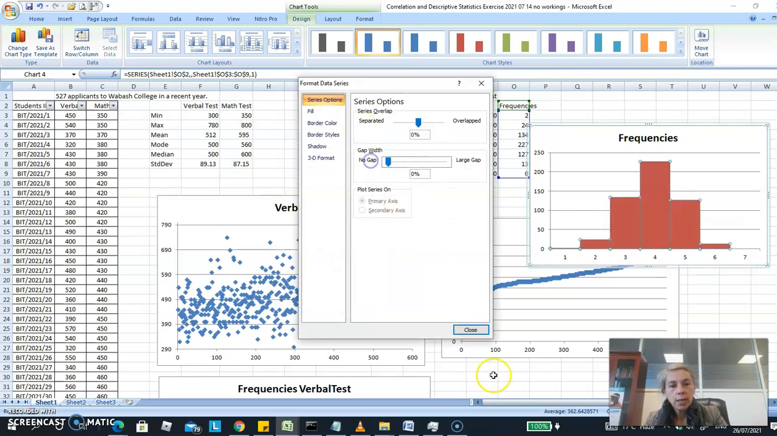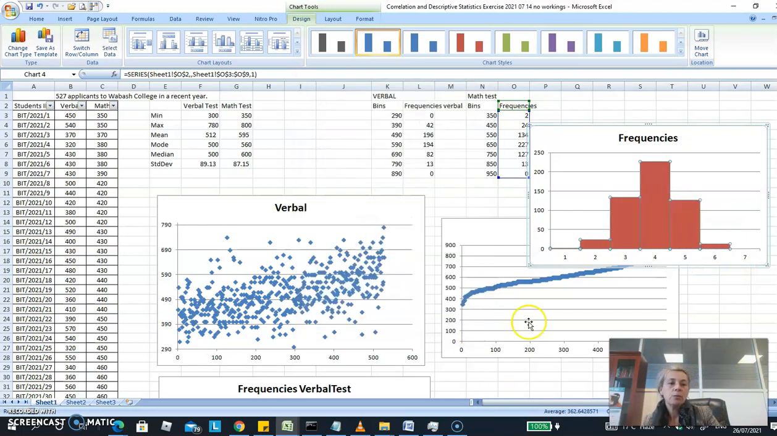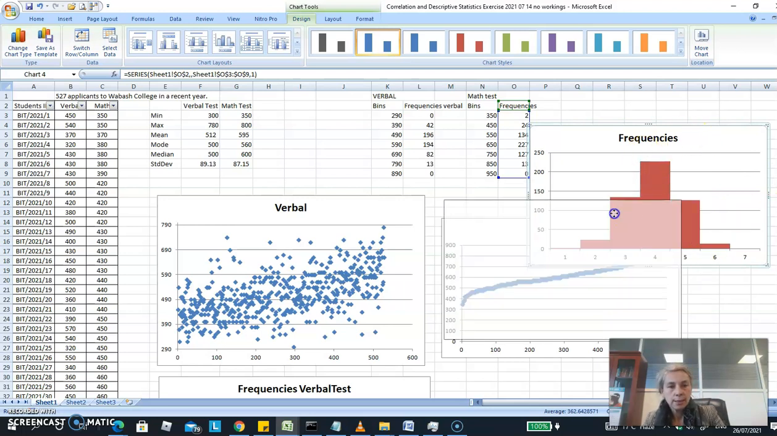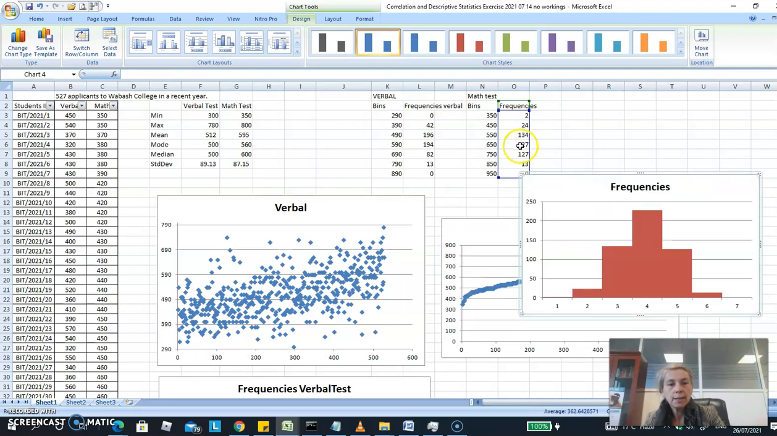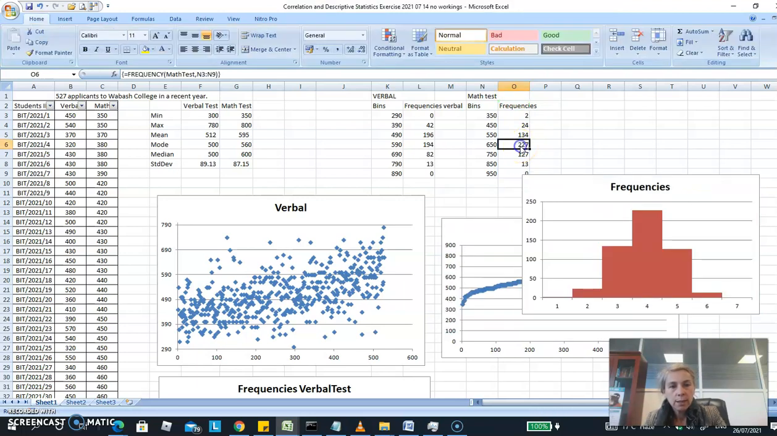So I'm going to take the gap off, and now we can see the frequencies that we have, like in the previous scenario, where we can see here that in the bin 4, right, which is this one, they are the highest number of, so between 550 and 650, which makes sense, right? Because